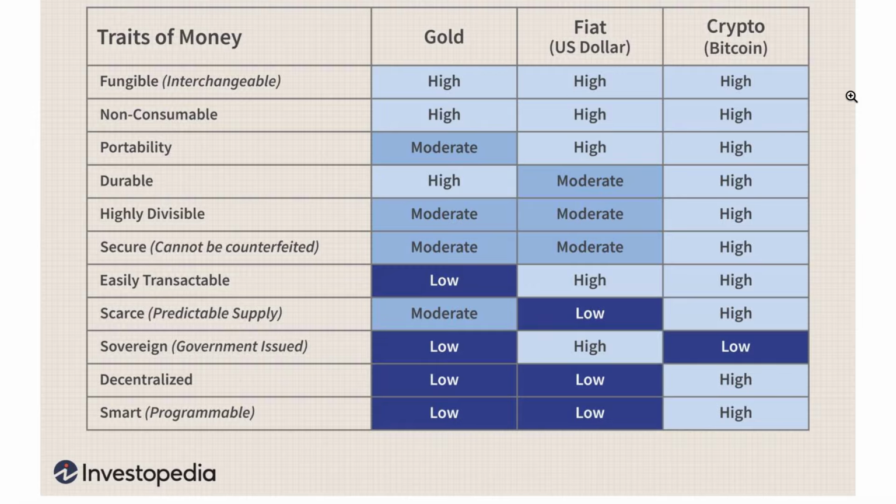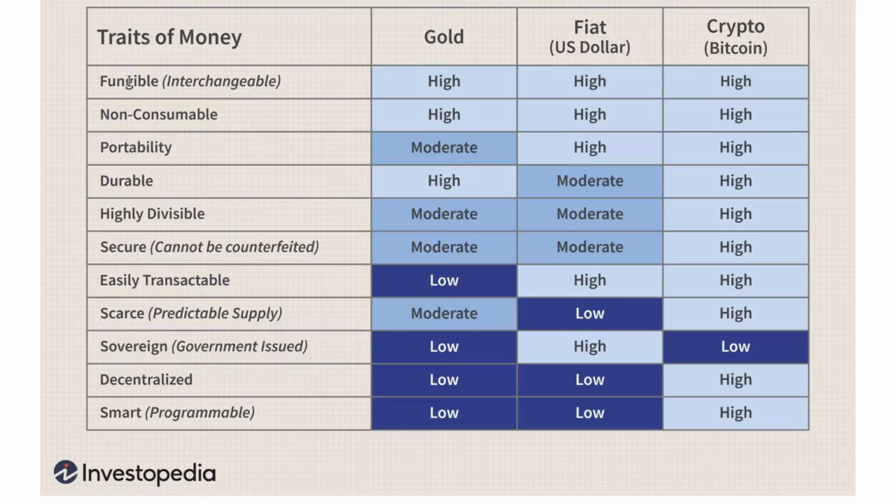But if we actually look at the underlying traits of Bitcoin and gold and fiat currencies, now these are currencies such as the US dollar, which aren't intrinsically backed by anything. Now, historically, this wasn't the case. You used to, at least theoretically, be able to trade your US dollars for pieces of gold, but this isn't the case anymore. The US dollar isn't necessarily backed by anything, which means it can be inflated. You've probably noticed over the past few years, things are getting a little bit more expensive, and that's because more and more dollars are entering circulation.